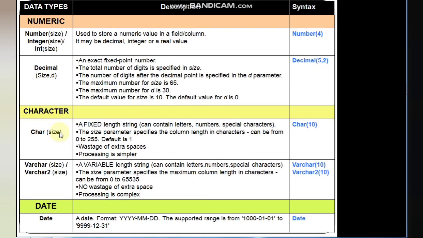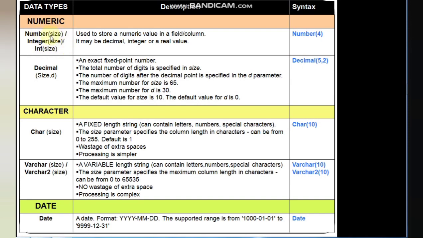So now let us see the data types a little bit in detail which you have in your syllabus. In numeric data type you have number, integer, int. They are all the same and you can use any.